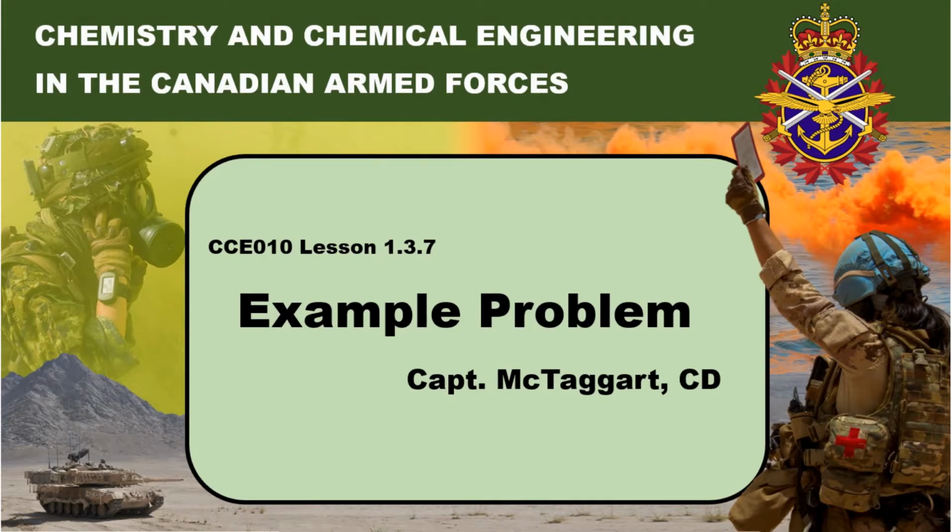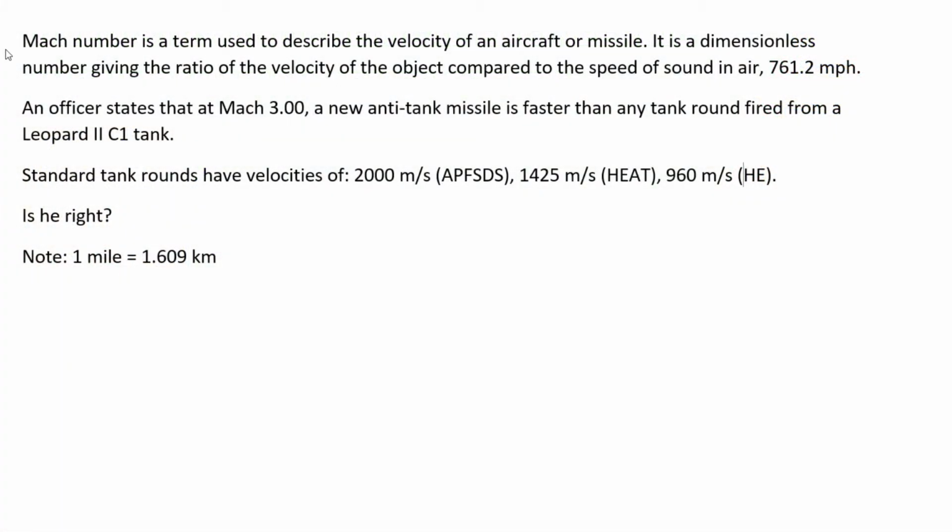Okay, let's try this example. We'll just read it out first. So the Mach number is a term used to describe the velocity of an aircraft or missile, or literally anything traveling. It's a dimensionless number giving the ratio of the velocity of the object compared to the speed of sound in air under standard conditions at sea level,